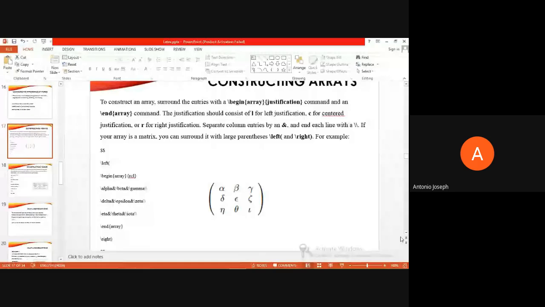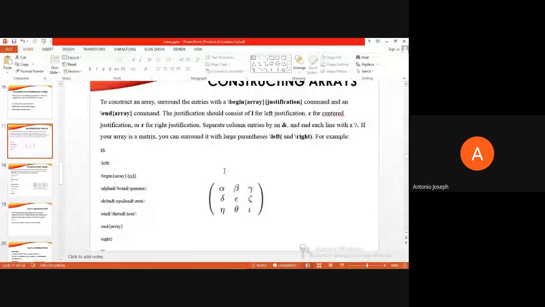So we were doing the equations, and now we are moving on to how to create arrays. The command for creating arrays is \begin{array}, and we can provide the justification or alignment for that, and then \end{array}.